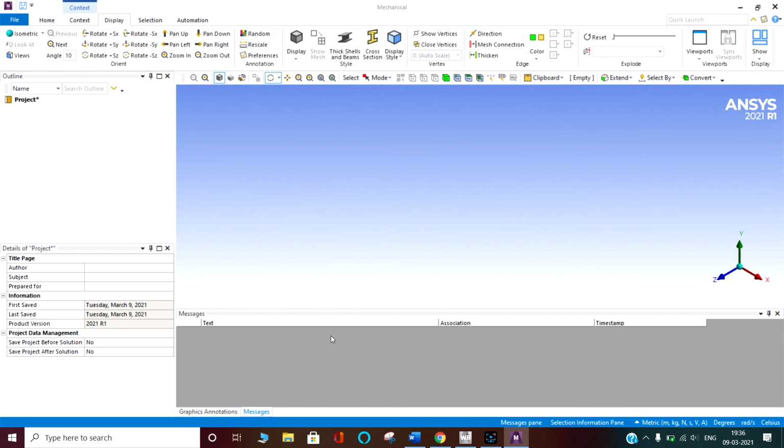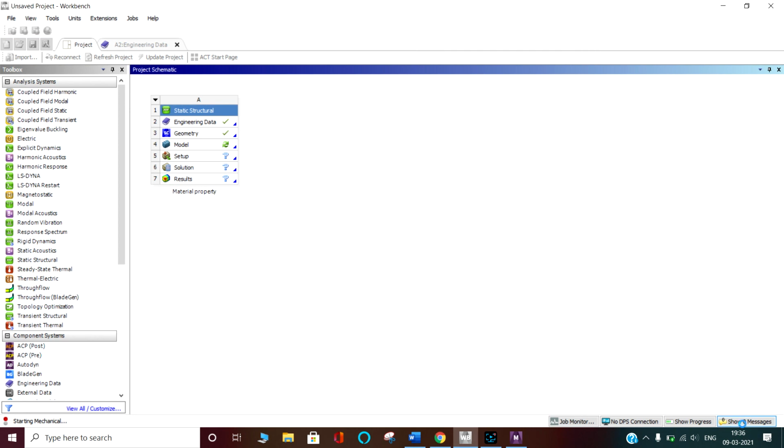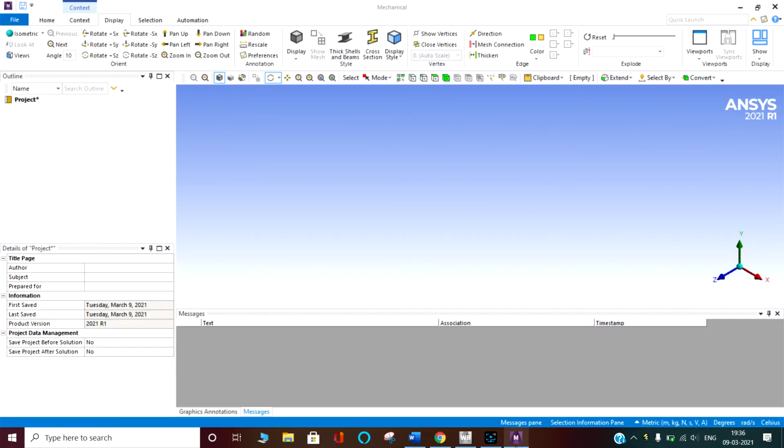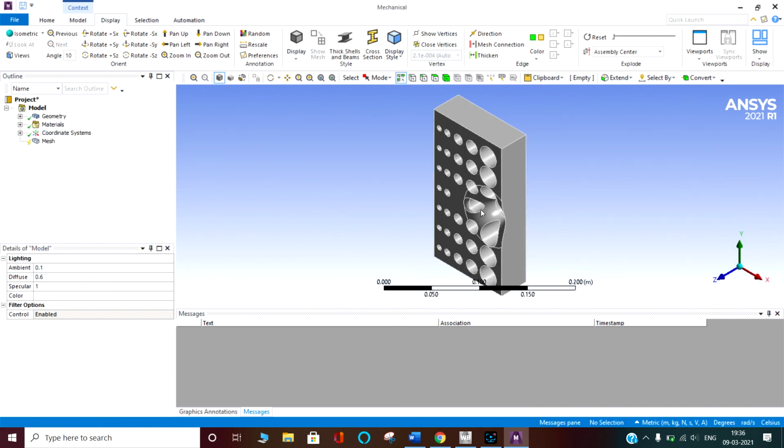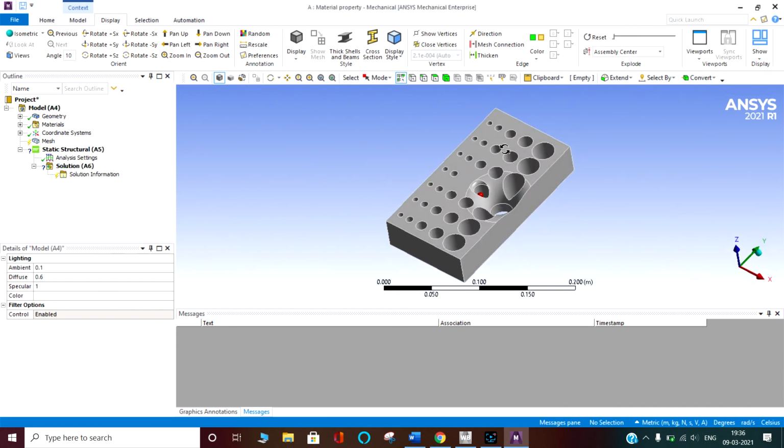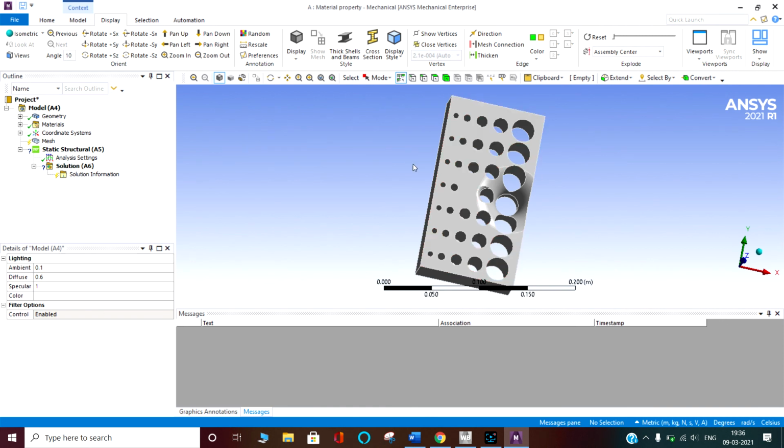Is there any message? If a message comes, you can see it here. No message has come, nothing is there. So it will import it. Okay, it has imported the part geometry.